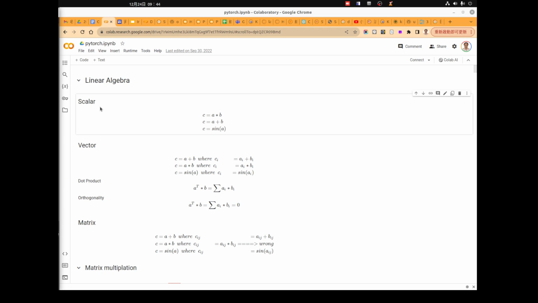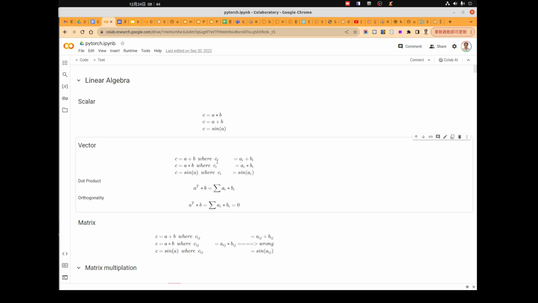Then we'll introduce the second data type in linear algebra. It's called a vector. A vector contains a list of numbers, so each vector becomes an array.